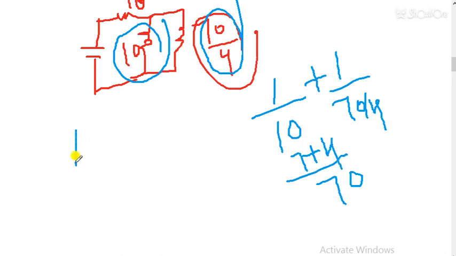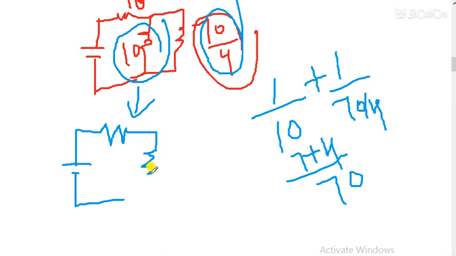So students, after this diagram you will get this diagram. You are not supposed to draw all the diagrams in the paper, but for better understanding, I am drawing them all. After this parallel combination of 10 and 70 by 4, I will get the value 70 by 11, and this value is 10.